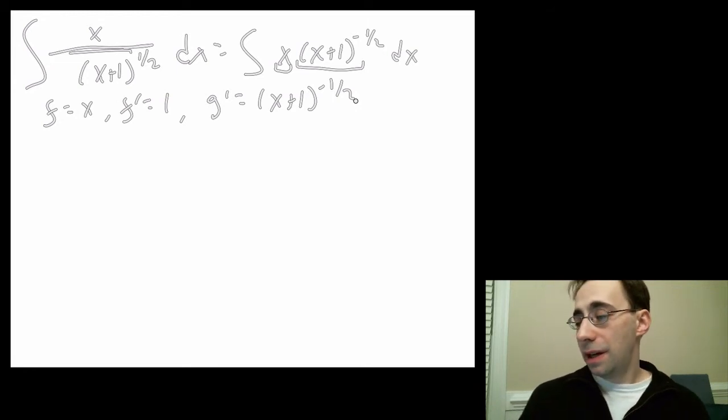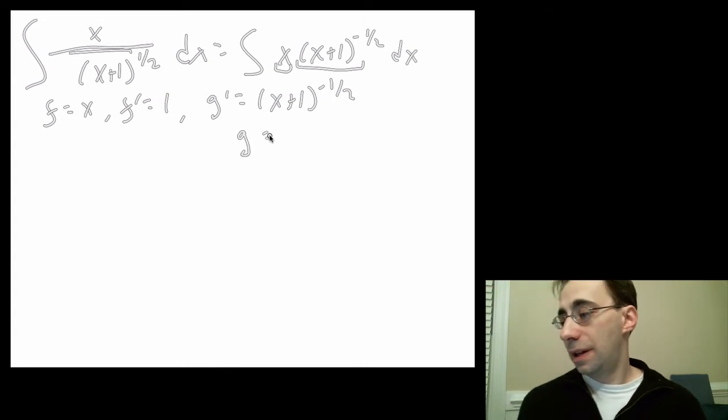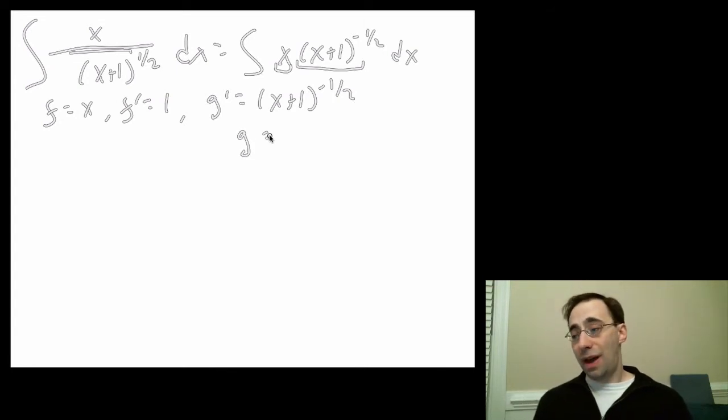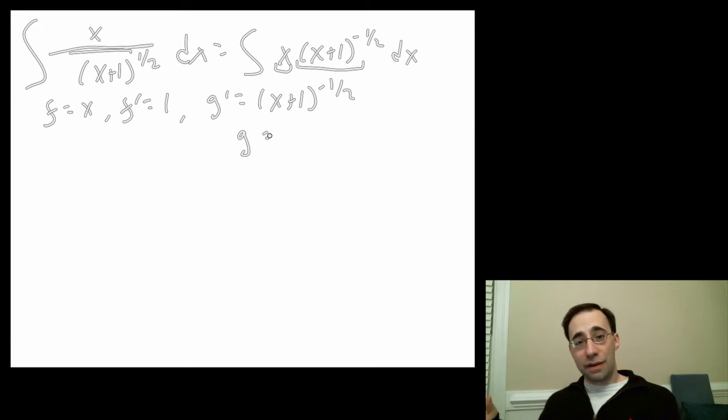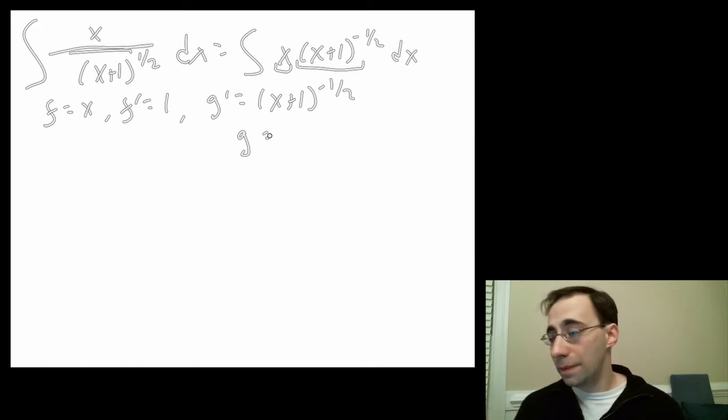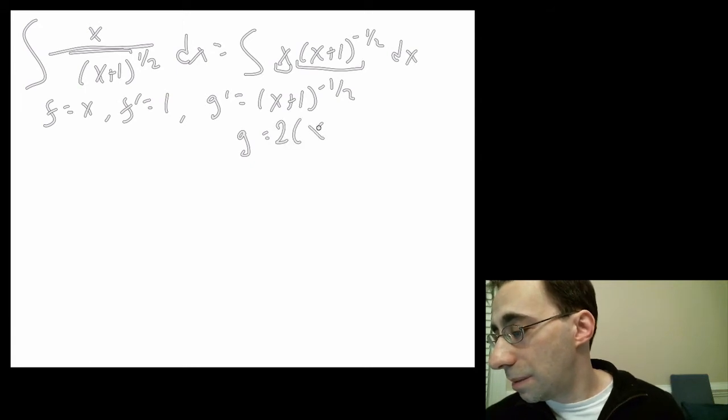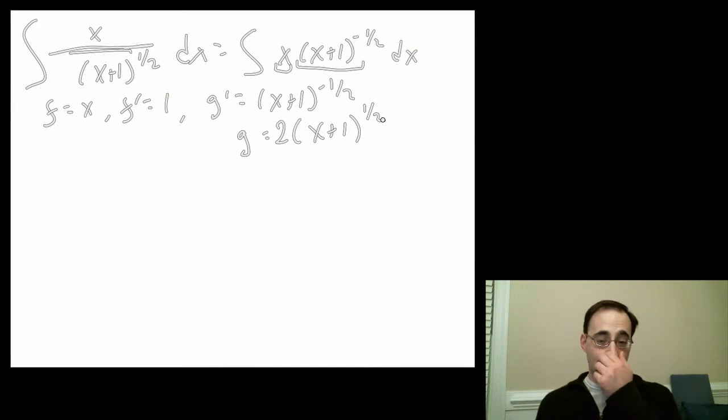So what we're going to do is show that g is equal to the integral of that. So you add 1 to the negative 1/2, gives you positive 1/2. 1 over positive 1/2 is 2. So this thing is going to be 2 times (x plus 1) to the 1/2. And again, if you want to go through